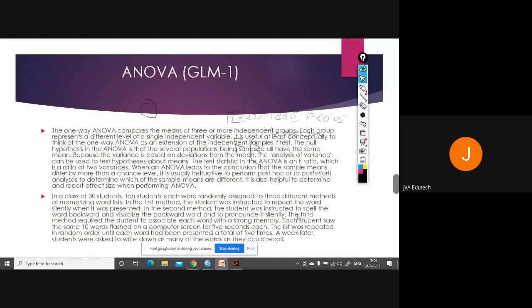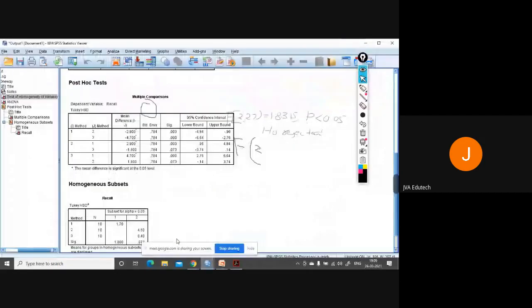And the third method will differ from method 1, but if compared with method 2, it won't show any significant difference. You can see from the table that methods 2 and 3 don't have any significant difference. So you can use either method 2 or method 3 for students learning. But method 1 significantly differs from methods 2 and 3. Am I clear on this?